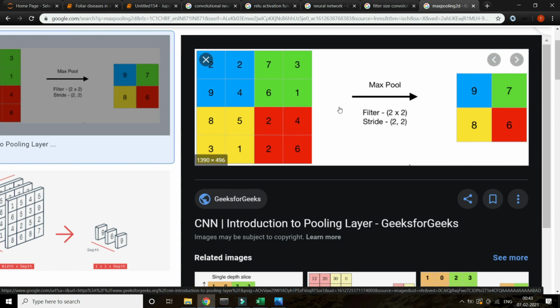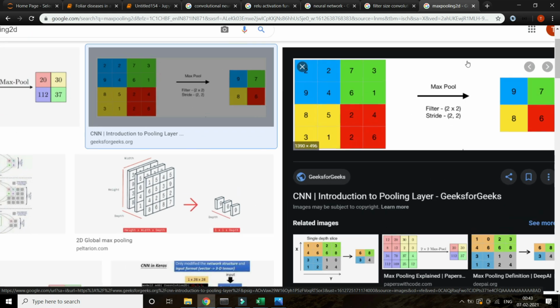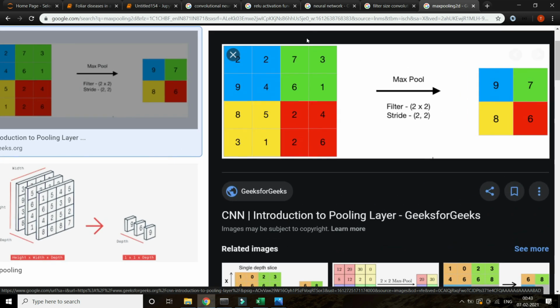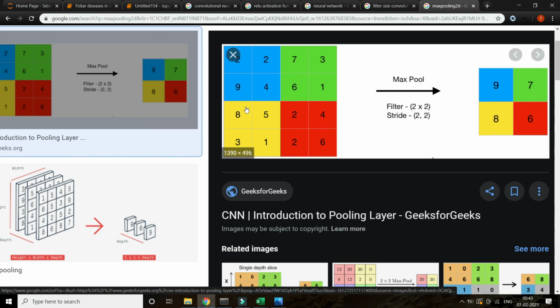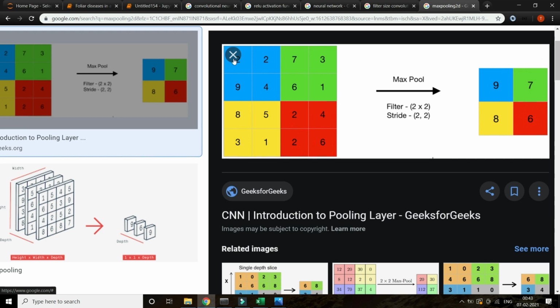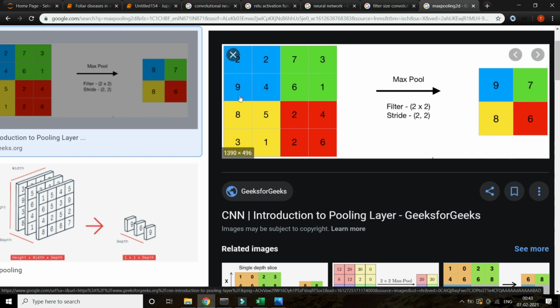Okay, so this max pool 2 cross 2, what it will do is, 2 cross 2 means it will go here, and in this 2 cross 2 matrix, what's the maximum feature? This 9. Okay, so it will extract here. In this green region, what's the maximum feature? 7. It will extract here. In this 8, in this 6, it will leave all the data and it will only take